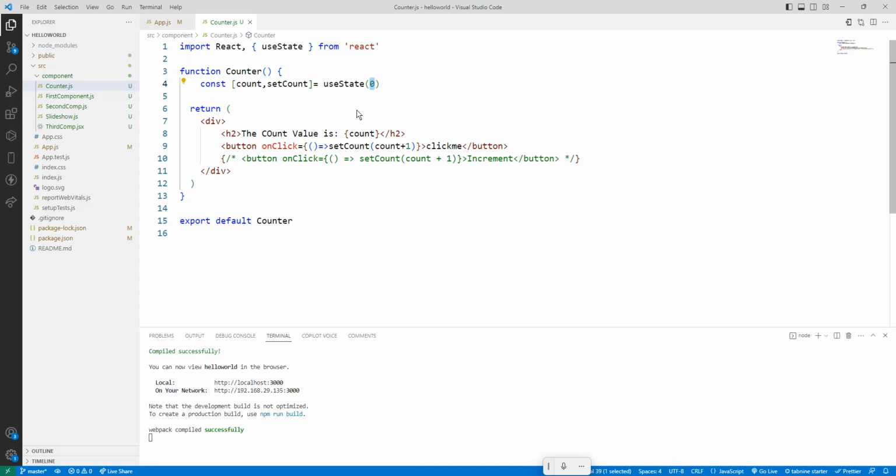So we got to know what useState is. useState is a new feature. It was introduced in React 16.8 to initialize the variable or a value. So we are using this one. Initially the count value is 0, so that is why it is displaying 0 by default. So when we click on this button,